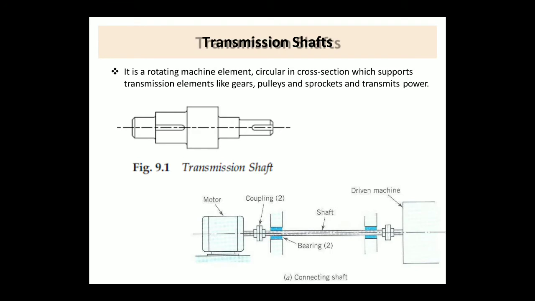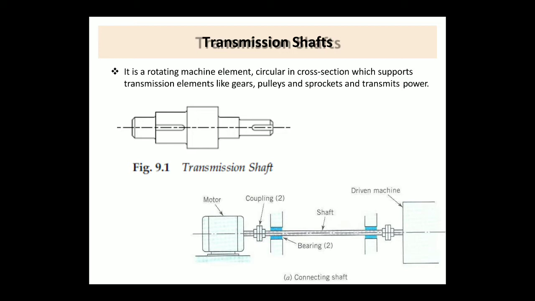Basically, a shaft is a rotating member, usually of circular cross section, used to transmit power or motion. The power is delivered to the shaft by some tangential force, and the resultant torque set up within the shaft transmits this power to the machine linked to the shaft. In order to transmit power from one shaft to another, various members such as gears, pulleys, flywheels, cranks, sprockets, etc. are mounted on it.